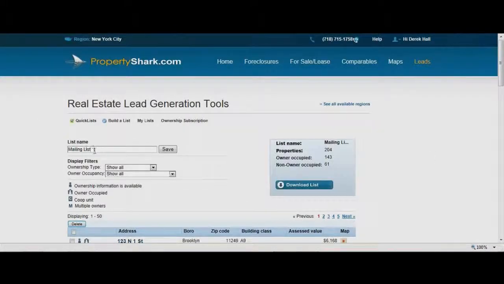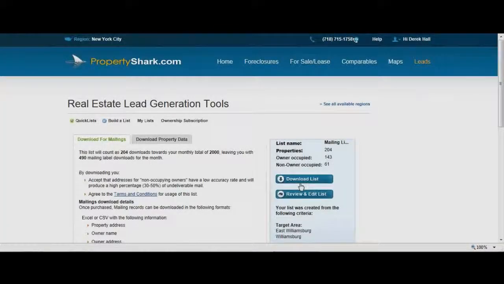You can save this to your computer by giving it a name. Well, you can save it to your account. I'm sorry. It'll save to Property Shark for 48 hours if you give it a name and save it. If you don't download it, it disappears after 48 hours. If you do download it, it'll stay on the account for 3 months if you need to download it again. So let's go over here, download list,